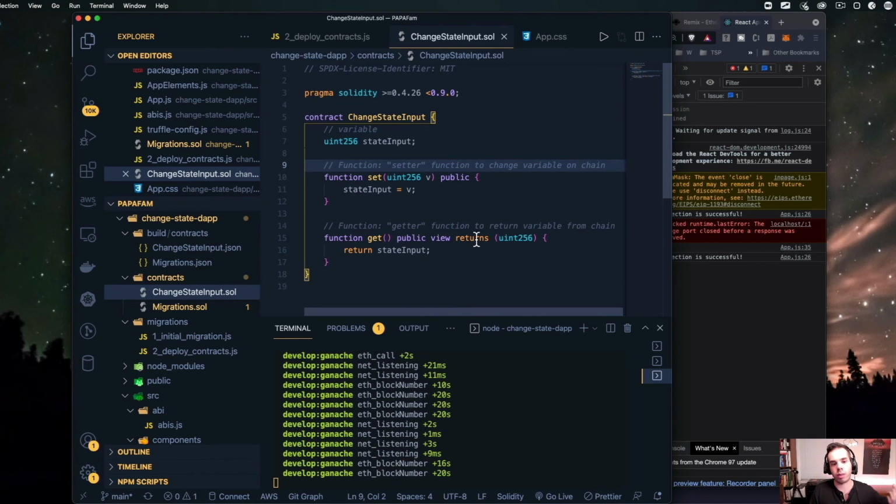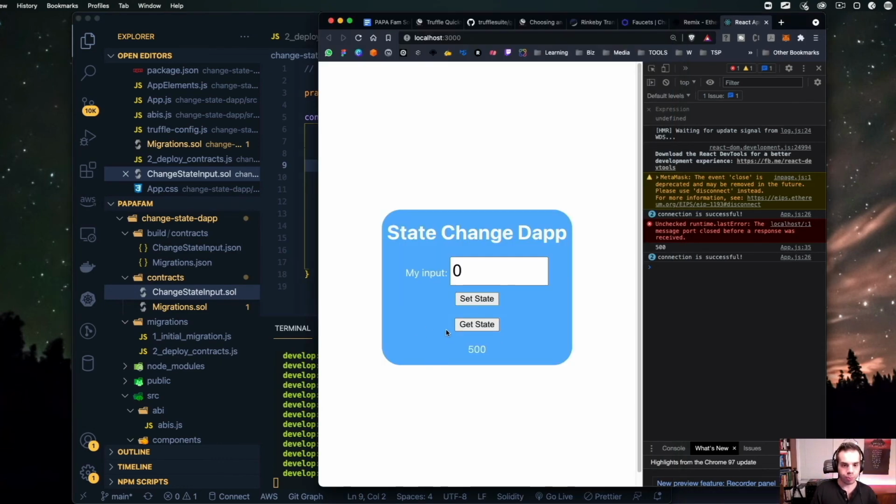Now, we could do something that's more advanced where we could say maybe only certain types of accounts have access to this specific set function, but everyone can get it. Or maybe there's only certain people that could get this function, but everyone can write to it.